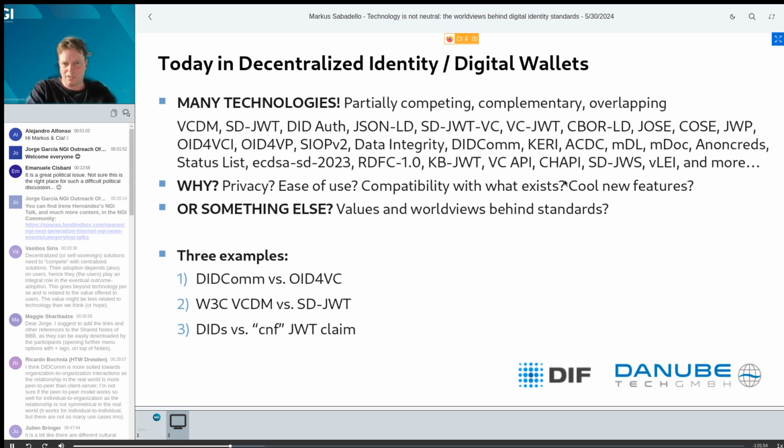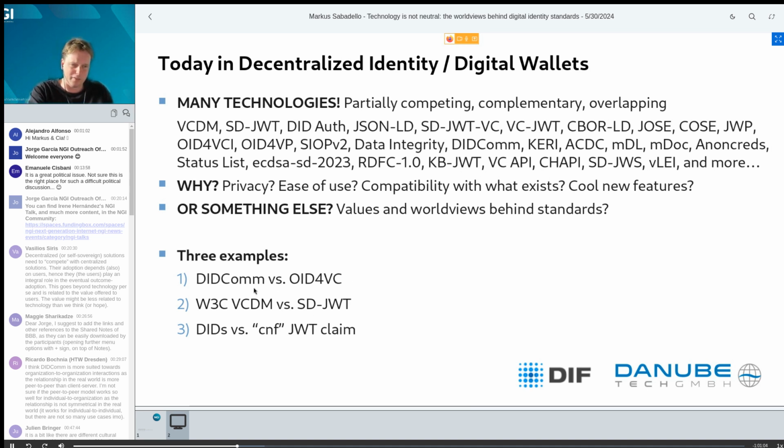So there are definitely differences between these technologies that can be explained by reasons such as the ones I listed here, right? Maybe one is easier to use, maybe one has a better user experience, maybe one has some cool new cryptographic features that the other one doesn't have. But I think in addition to that, there are also, again, sometimes certain values and worldviews and political assumptions and ideologies that influence a little bit how certain technologies are created and how they evolve in certain ways. And